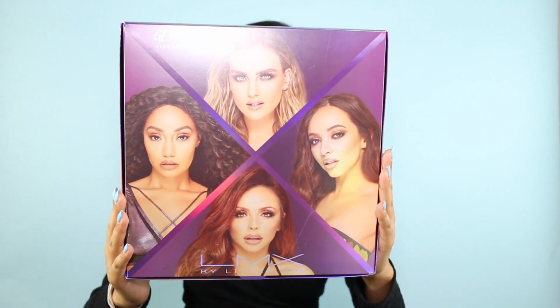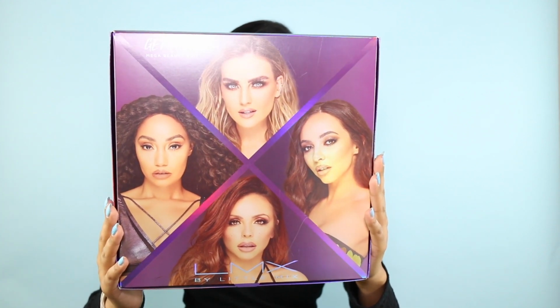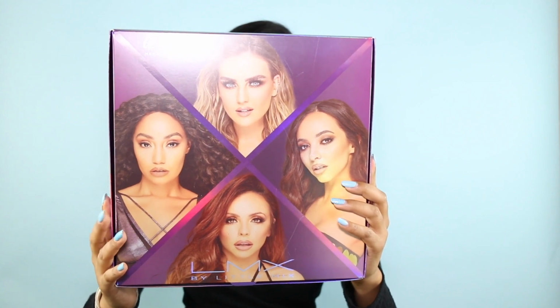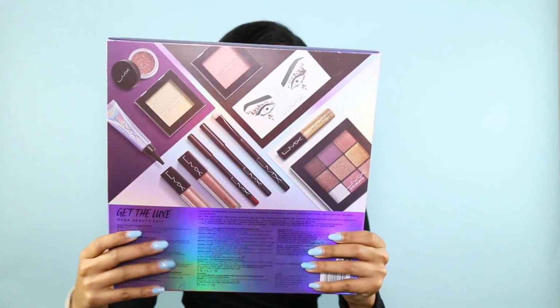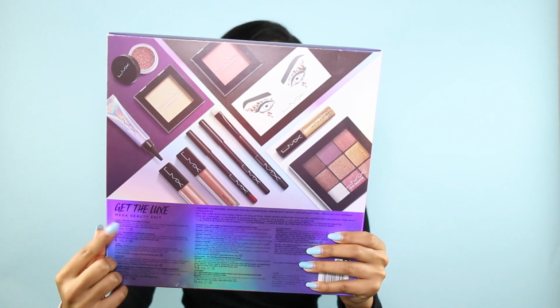So this is what the box looks like that it comes in. It kind of reminds me of the Wishmaker packaging because it has all 4 girls and they're positioned like this on the Wishmaker packaging. And then on the back it has all the items that come in this kit, as well as all the information and ingredients in each item. And then once you open it,